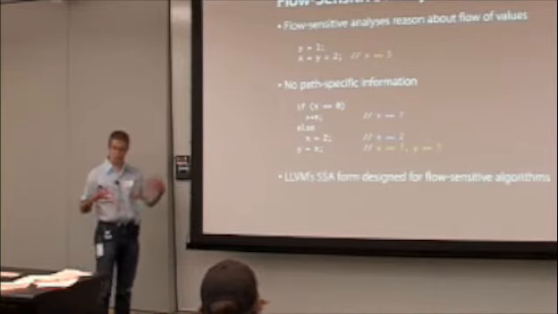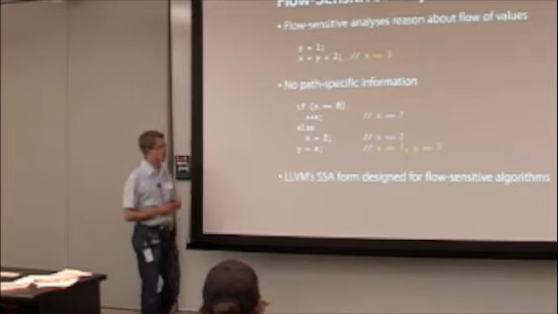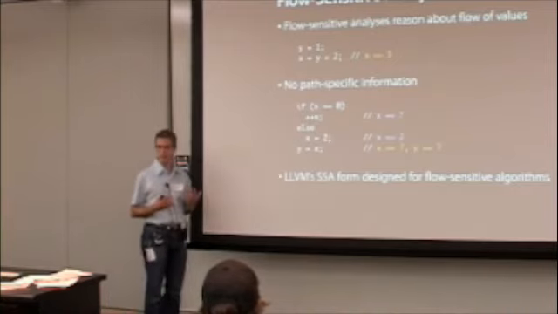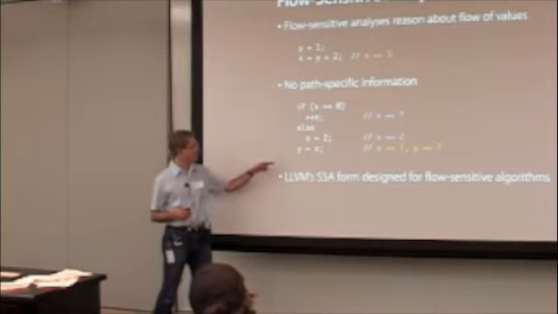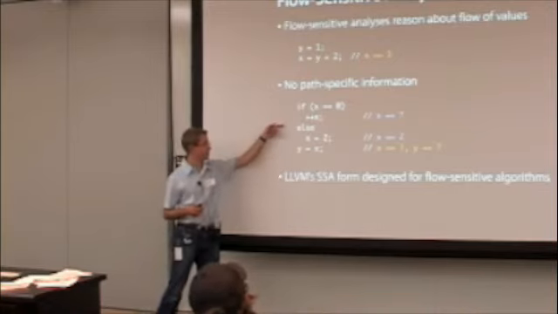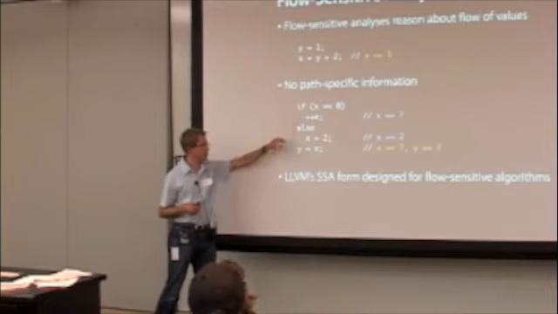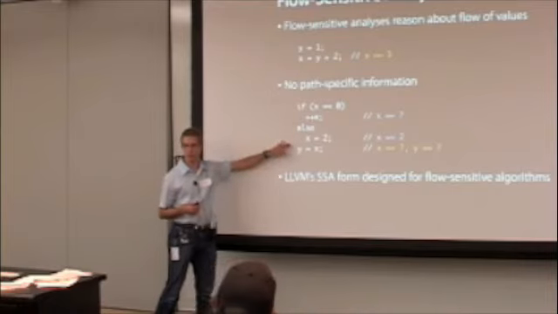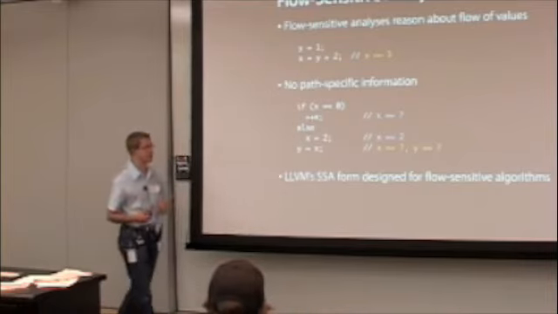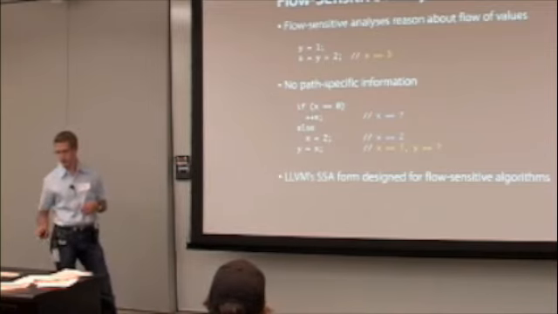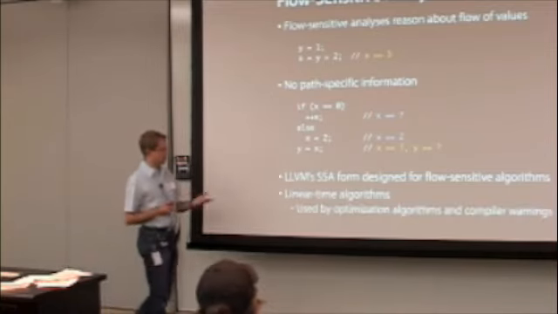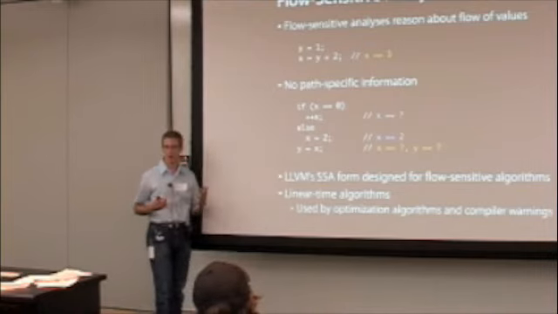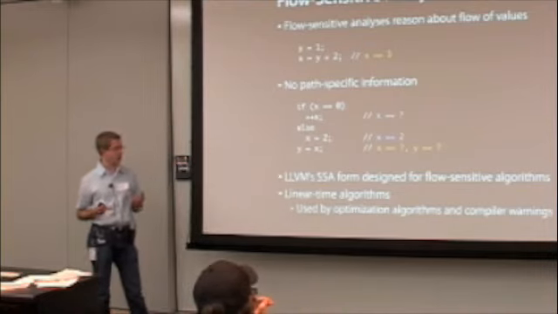LLVM's SSA form with its phi nodes and so forth is designed essentially for doing efficient flow-sensitive analysis. And what happens with a phi node is that at the end of this branch, you're going to actually merge information here, right? That's how you don't get an explosion of information. The great thing about these is that they're fast algorithms. They can be used by optimization and compiler warnings. And this is really